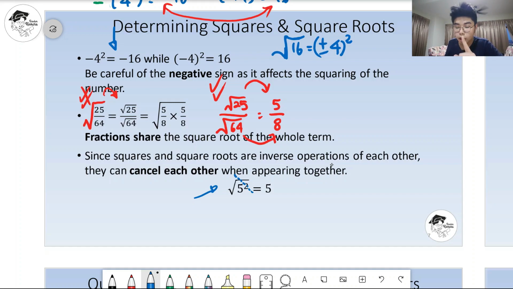Why? Because if you do the long way, what happens is you do 5 times 5, correct? 5 times 5 will give you 25. But do you realize that the square root of 25 is going to give you 5? So actually you're doing the square first, then you do the square root again. It's like there's no point, you go there and you come back again. No point. So since one is going forward, let's understand it like this.